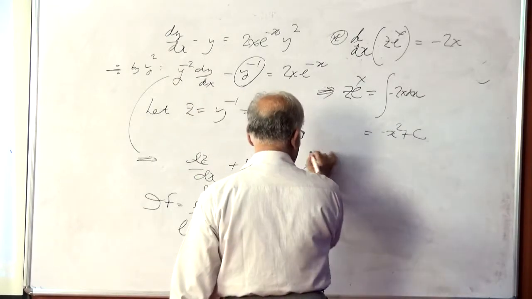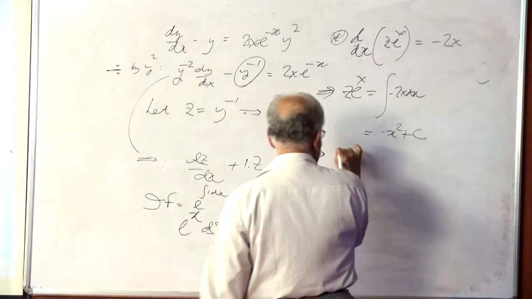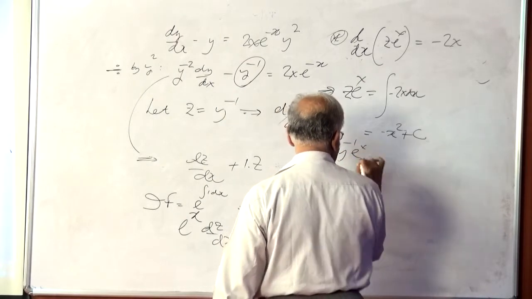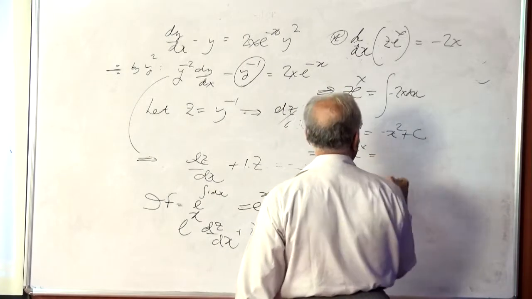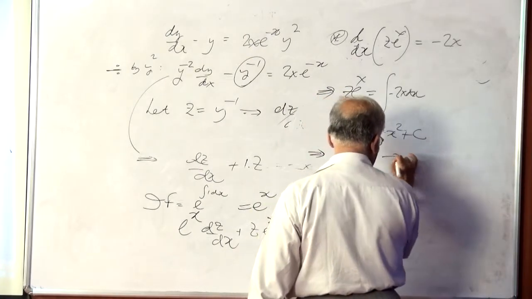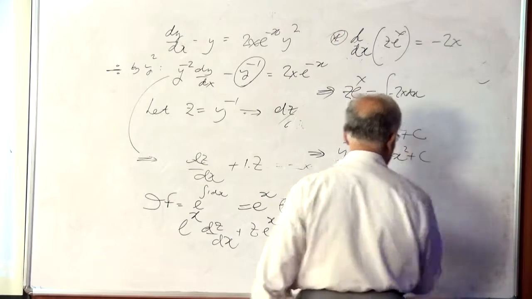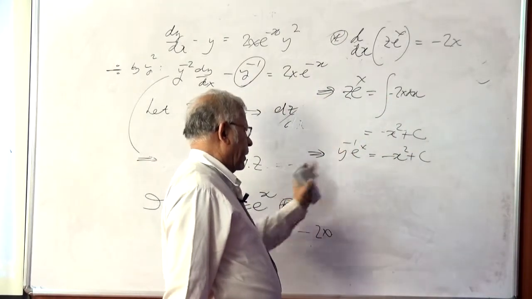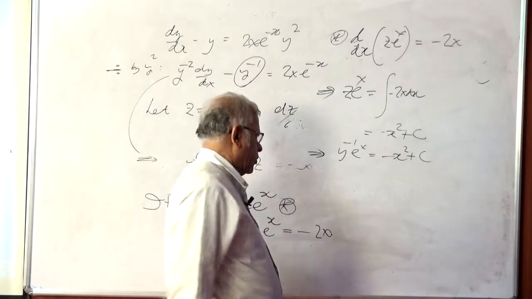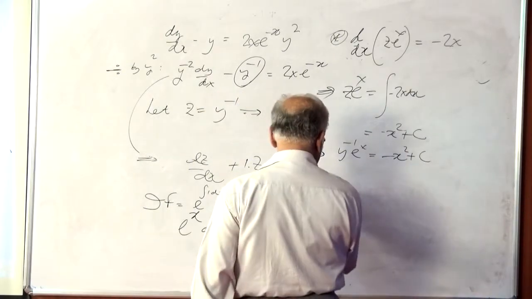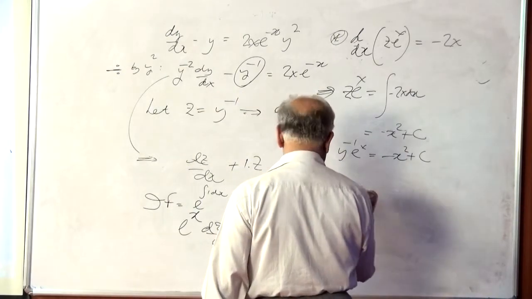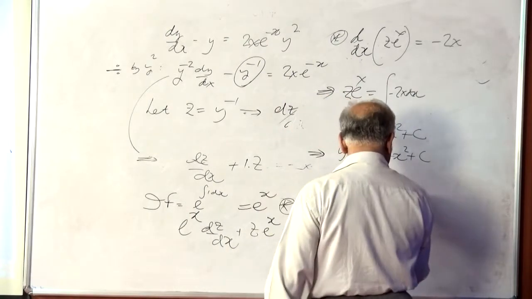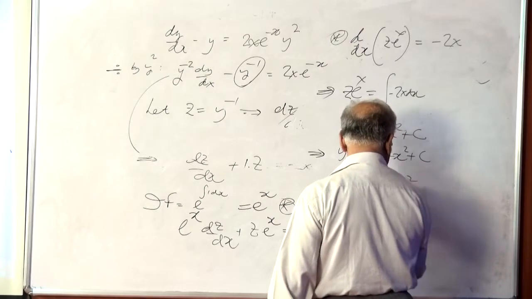So this implies y to the power of minus 1 e to the power of x is equal to minus x squared plus c. If we recognize that this is 1 over y and multiply by y throughout, we will get, this implies e to the power of x is y times minus x squared